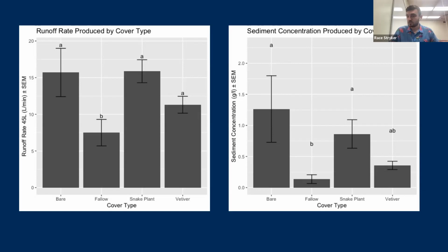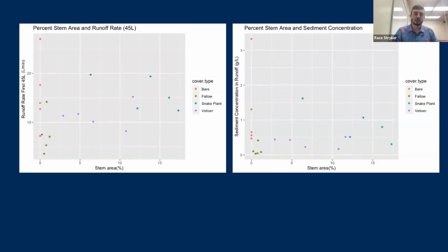It's important to note that the fallow cover type wasn't significantly different than vetiver in terms of the amount of sediment that it produced per liter of water, but there are some other considerations that I'll talk a little bit more about later. One thing that was interesting in the results of this experiment, the original hypothesis was that